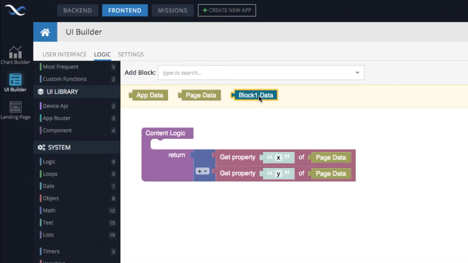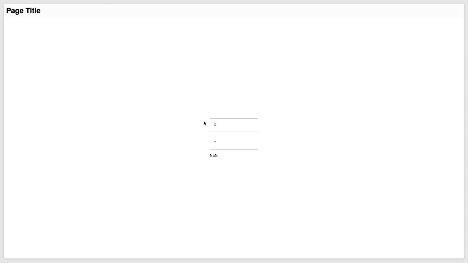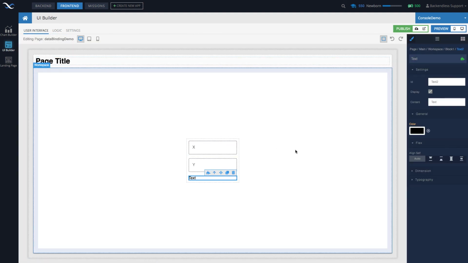And this block1 data is the data model that contains these values. So in order for this to work, what we need to do is to replace page data with block1 data. And if we run it now, it will work exactly the same way as before. The only difference now is that the data model sits in the actual block rather than the page.